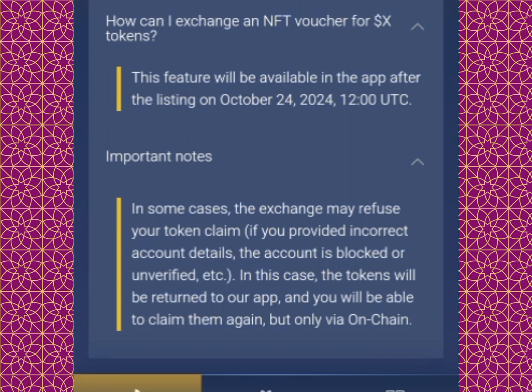Important notes: in some cases, the exchange may refuse your token claim if you provide incorrect account details, or the account is blocked or unverified. In this case, the token will be returned to our app and you will be able to claim them again, but only via on-chain. Okay, so right here is saying basically that if you make a mistake, when you are